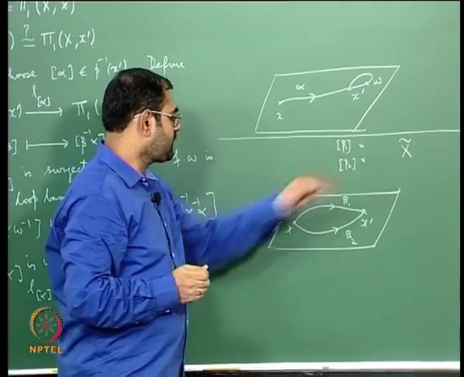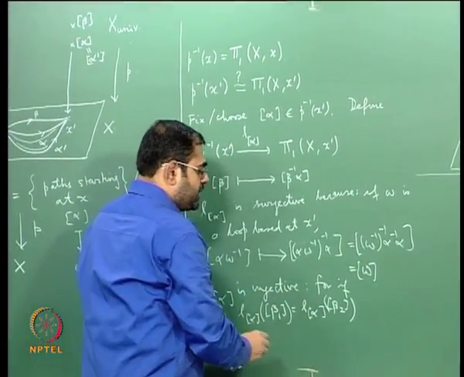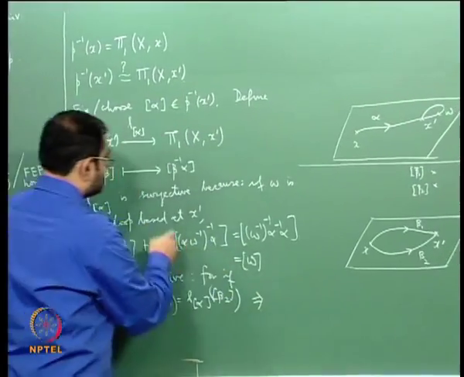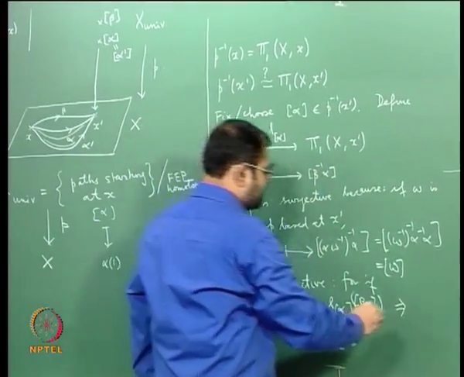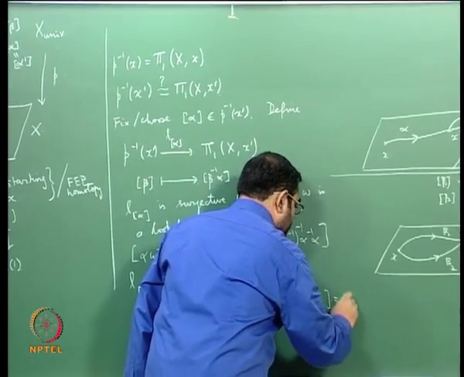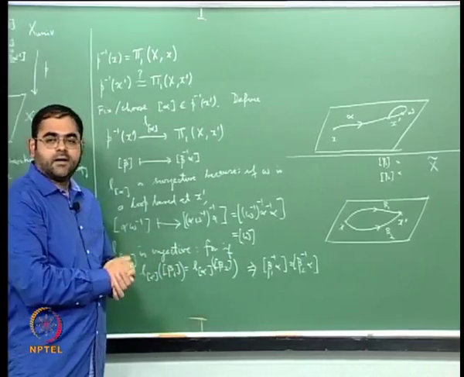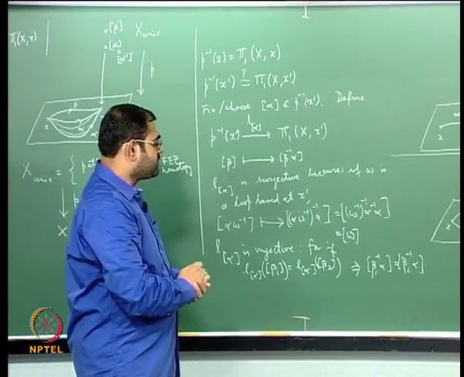And I have assumed that L sub alpha beta 1 is L sub alpha beta 2, so this by definition means that beta 1 inverse alpha is equal to beta 2 inverse alpha, okay,